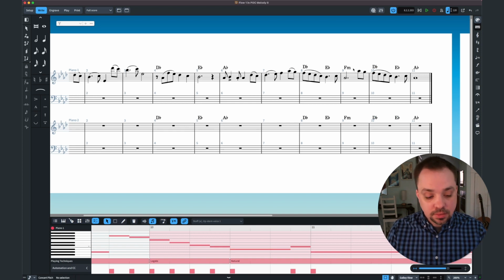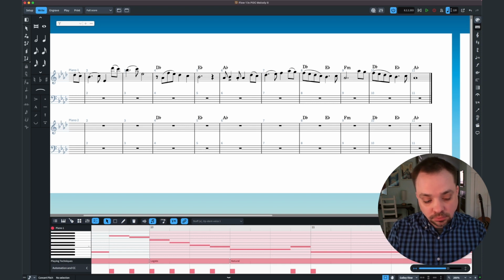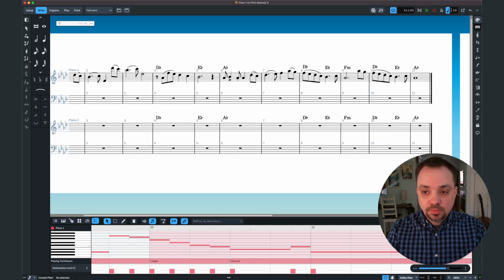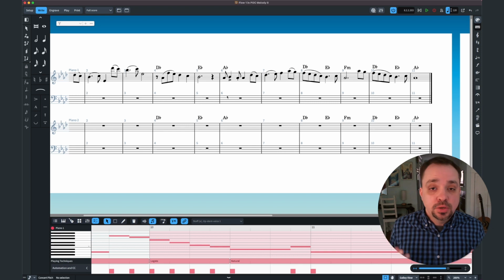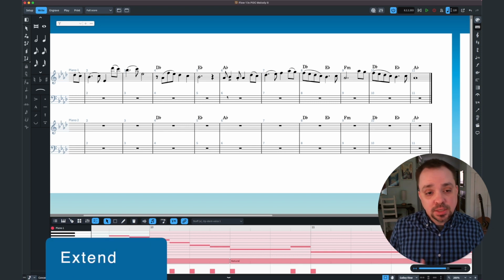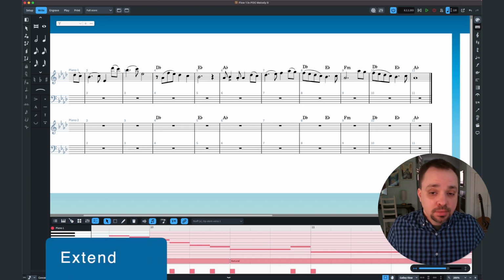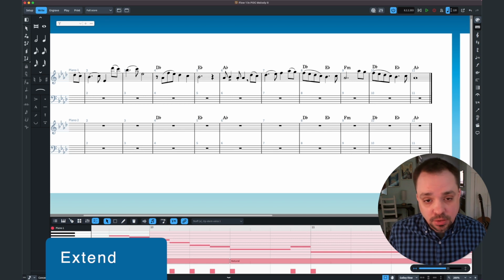So we had, now we all of a sudden have an 11-bar theme. You could extend too. You could take an idea that's kind of moving in a certain direction and keep moving it in that direction. So for example,